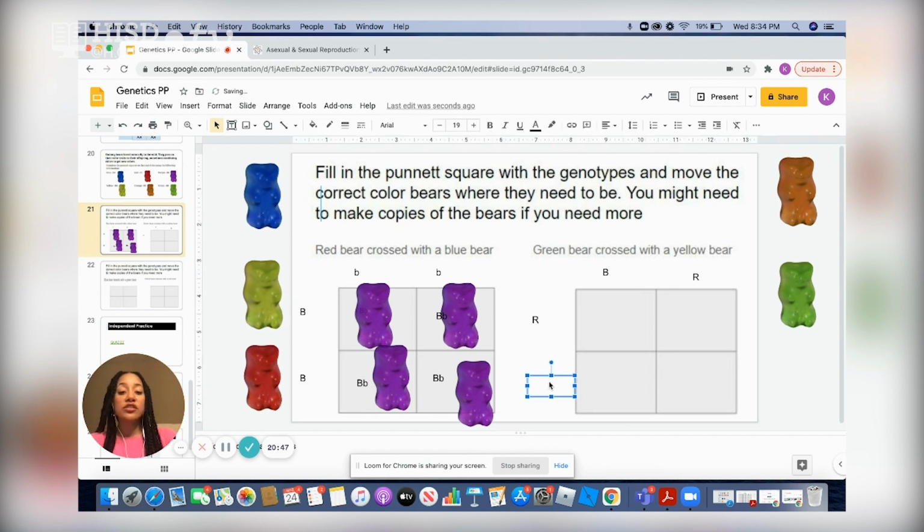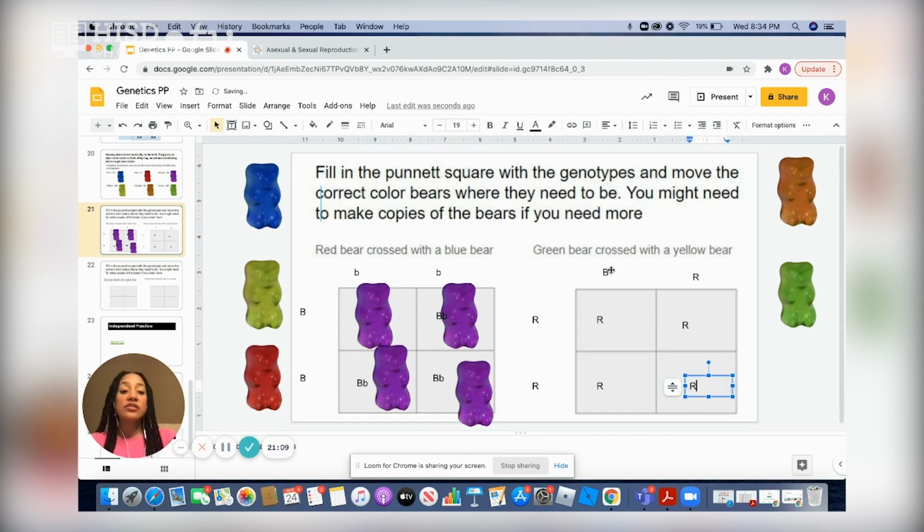And so we're going to cross them. Both our R's are going to go in the boxes across from them. I'm going to start with this first R and place it in the two boxes across from it. Capital R, capital R. Now I'm going to go to this second R and place it in the two boxes across from it. And then I'm going to go to the top and place this capital B into the two boxes beneath it. So capital B,